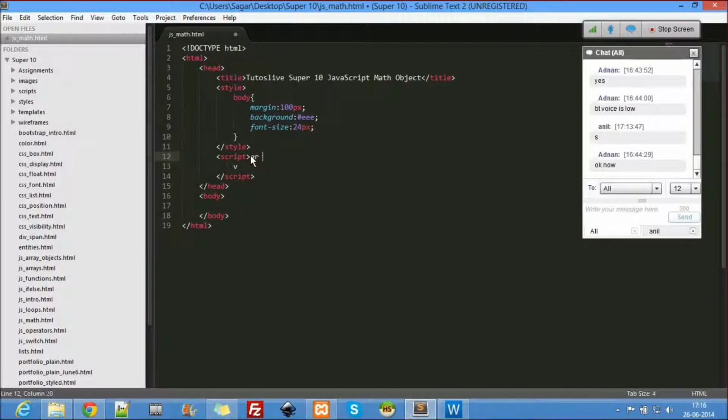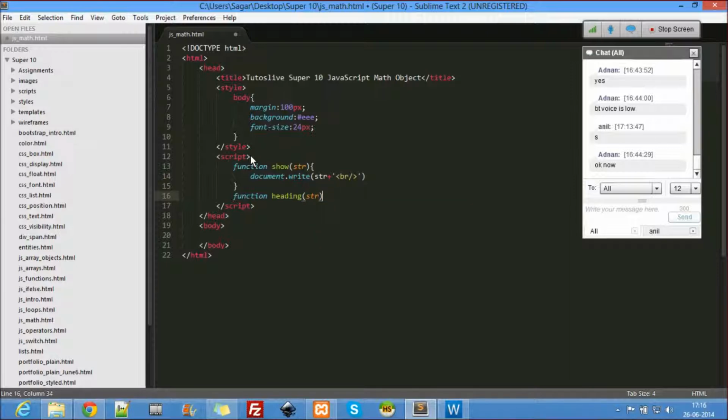Let's write a function called show. Str, so document dot write, actually str br. Okay, then I'll use one more thing called heading.